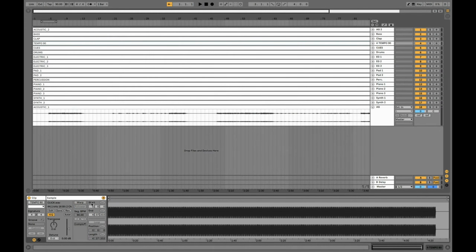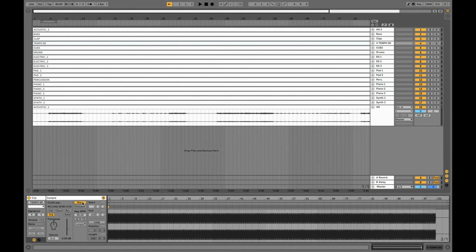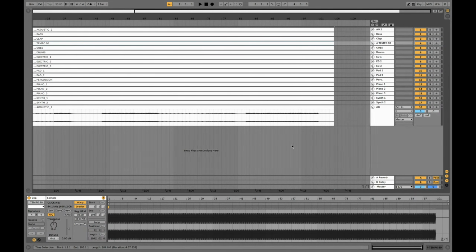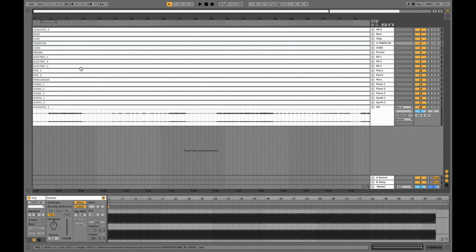Yep. So what that does is when you warp it, it lets the tempo be changed of that clip. When you follow it, every other stem that's layered under or over this tempo is now looking to this, and it's going, this is the BPM, 90 BPM. So it'll be locked in here. No matter where I am in this box, it will always be 90, which is super helpful.